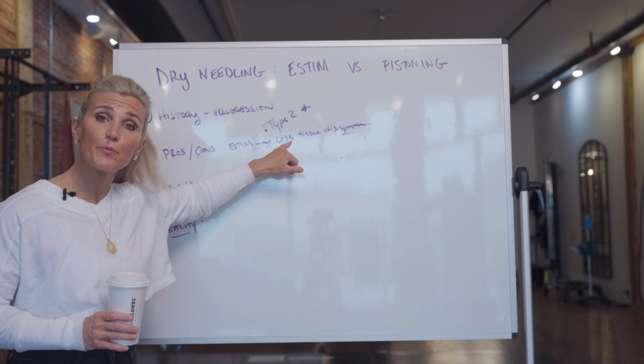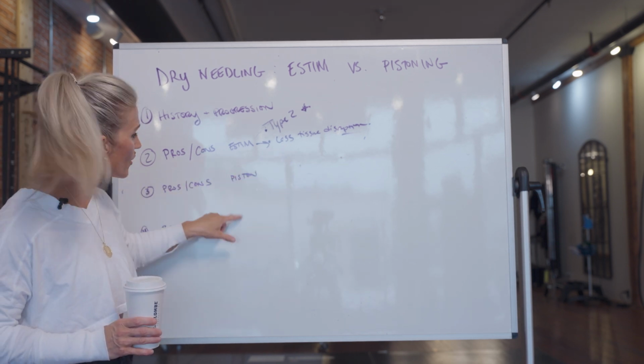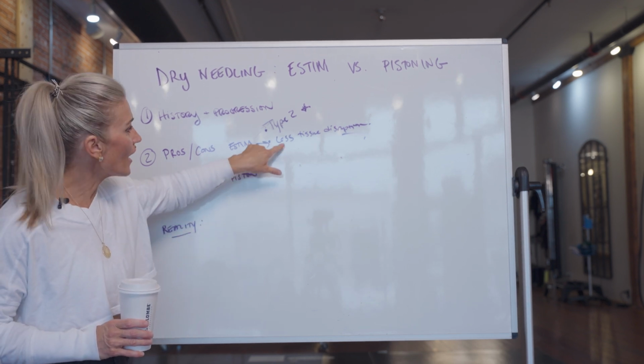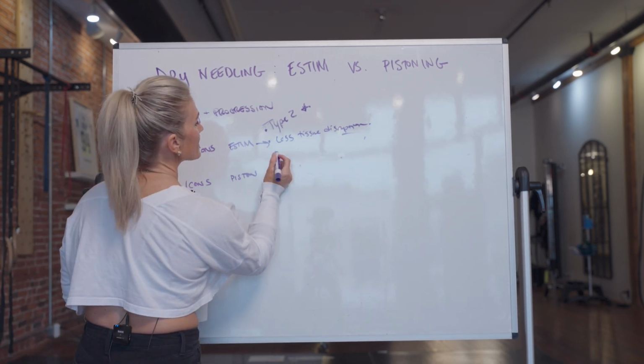That might be a really big pro, right? That might be something that I want for my patients. We're going to go through the clinical scenarios of when I want that for sure versus when I might choose to still piston. The other thing that comes along with this less tissue disruption thing is that studies are actually